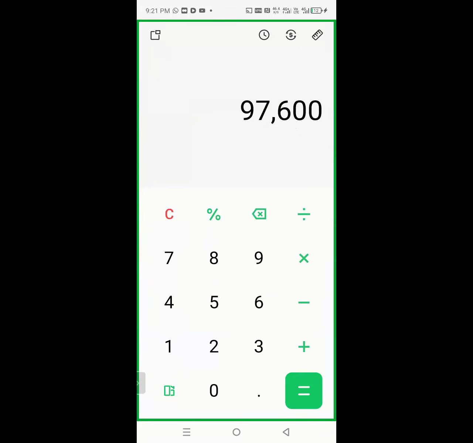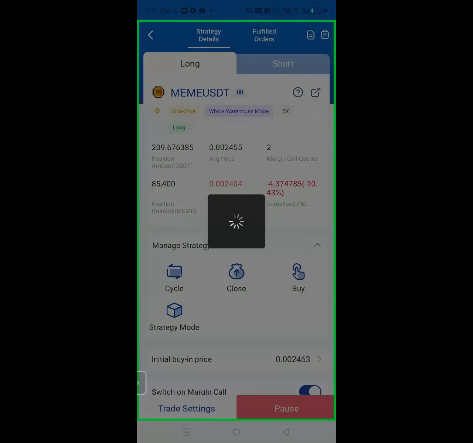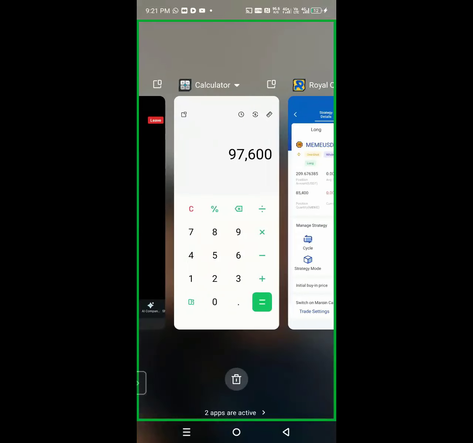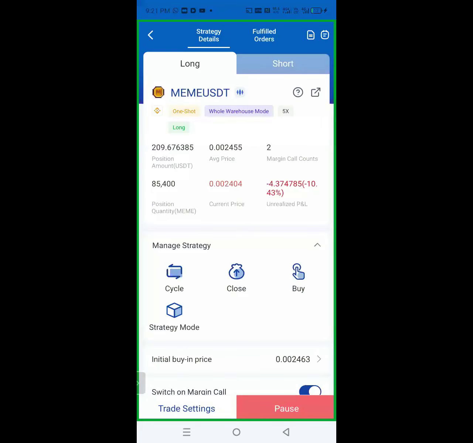Normally, 97,600 should be the quantity that will be there when I want to buy. But supposing this trade is a short trade, for me to get